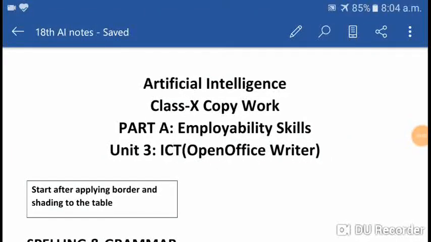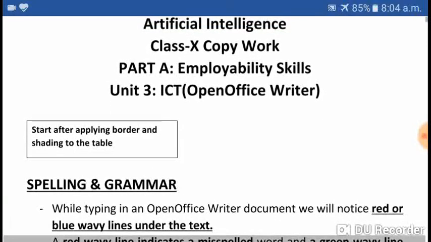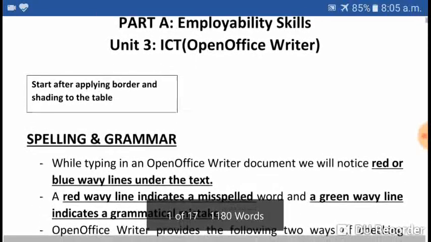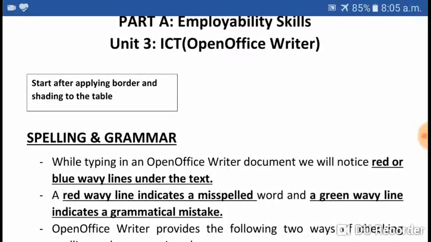Welcome in AI class, and let us start with our topic, that is OpenOffice Writer. Today we will start with the feature spelling and grammar. Yes, it is one of the features of the Writer window, Writer document, that we can check spelling and grammar mistakes